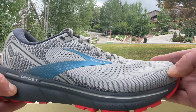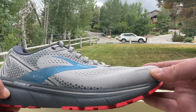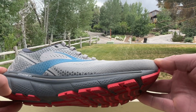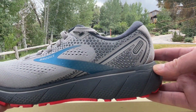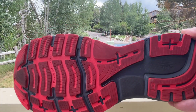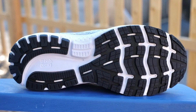full DNA Loft midsole might be a touch firmer, whereas before it was soft on the lateral side here, and it had the regular DNA on the medial side. Here, now it's entirely DNA Loft, so it's a soft, forgiving ride. However, what they've done, and I'll show you a picture right now of the 13's outsole,